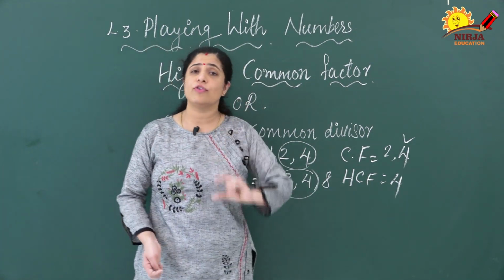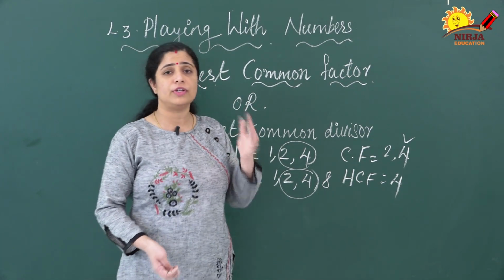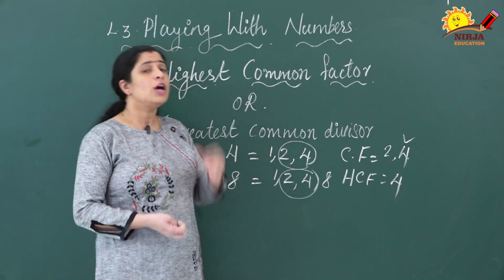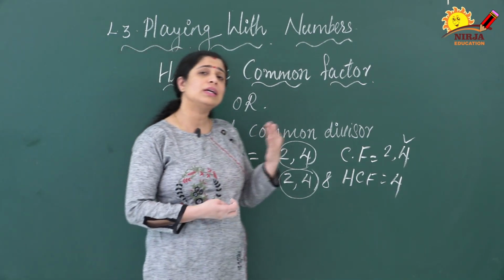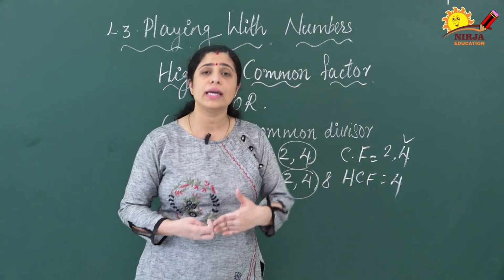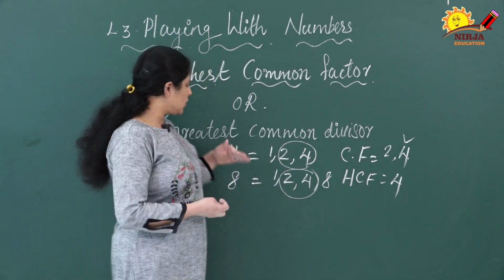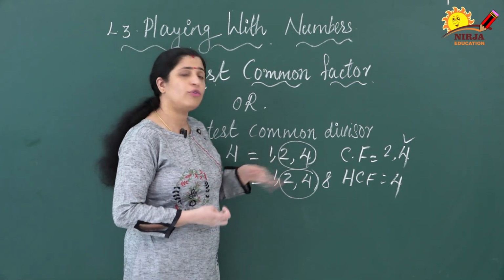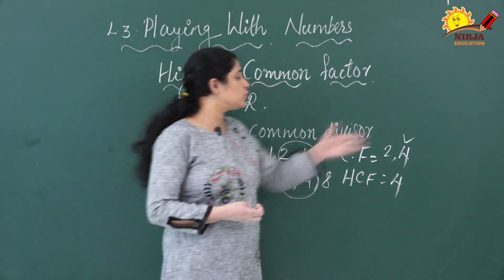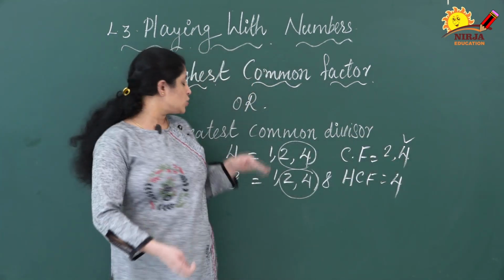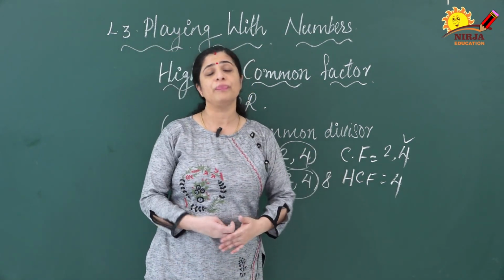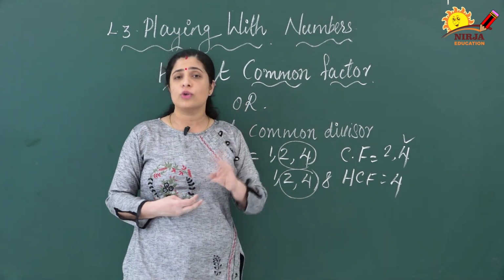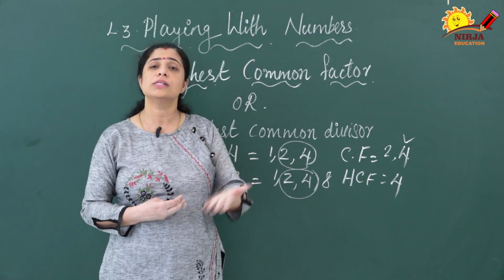First you have to find the common factors of the given numbers. If it is 2 numbers or 3 numbers, first you have to find the common factors of these numbers. From that you have to find which number is the greatest. That number is the highest common factor of the given numbers. Here we have taken 4 and 8, and found the common factors 2 and 4. From that we come to know that 4 is the highest common factor, so the HCF of 4 and 8 is equal to 4. To find the highest common factor of numbers, there are 3 methods, and we are going to discuss these 3 methods next.